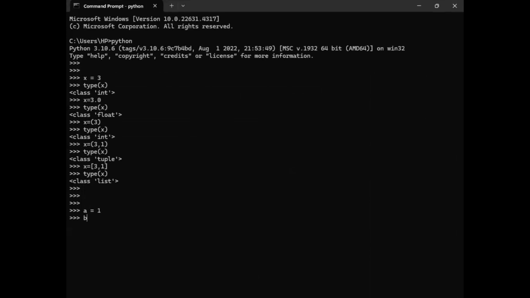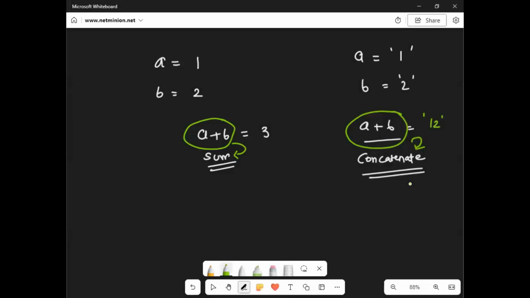A equal to 1, B equal to 2. Again, not important for the calculation. I am just showing you. But on the other hand, if I'm saying A equal to 1, which is a string, and B equal to 2, and I do the same thing, A plus B, you are able to see it is showing you 12 because it is concatenating two strings, right? If you are not able to understand the concatenation, let me use something like this.